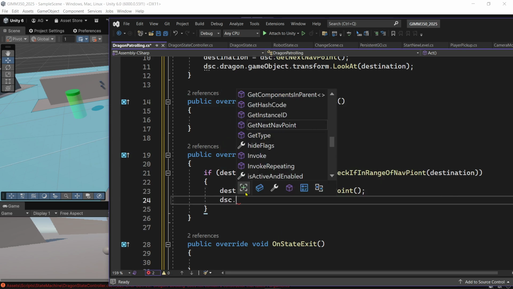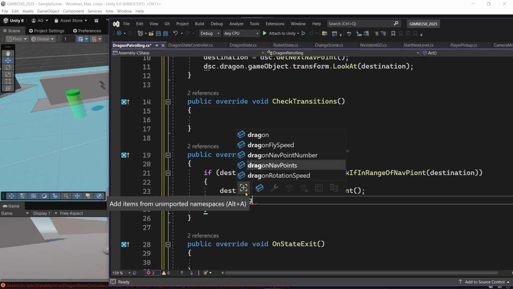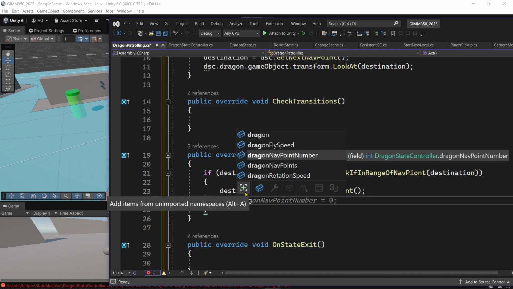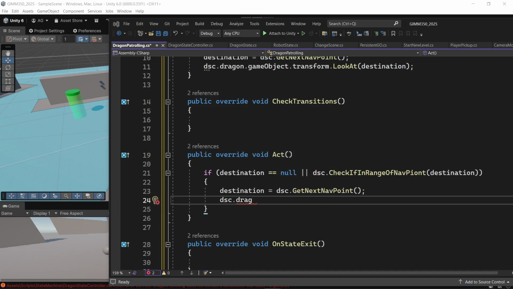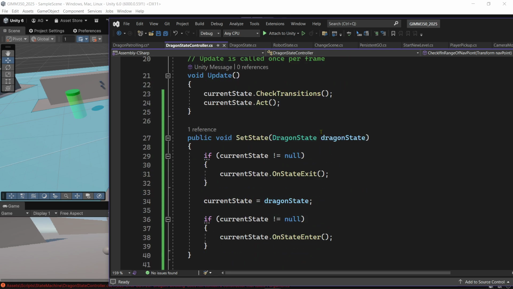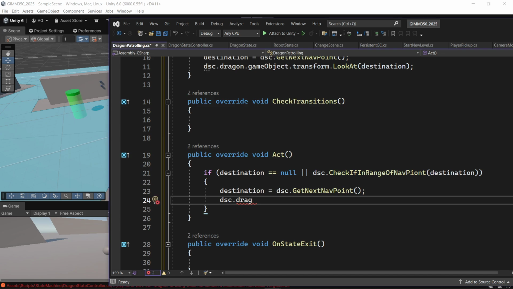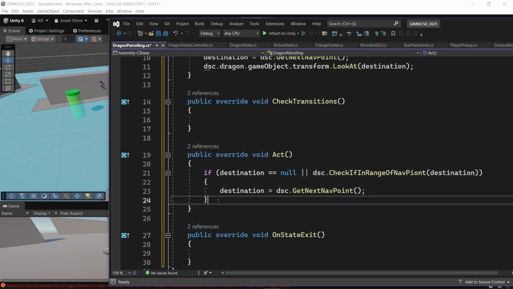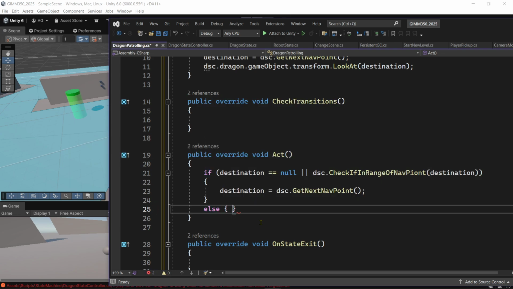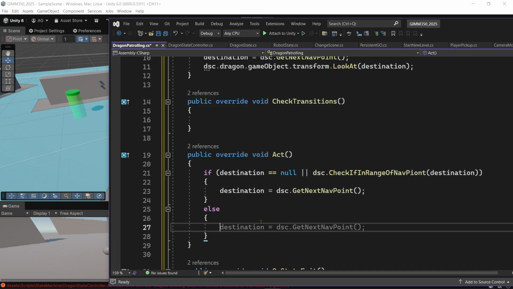And we're going to do DSC dragon nav point count. Let's see. Do we need a counter? I didn't think we used that over there. Let's go back. State. We don't need a counter. So if that's the case, we're just going to be okay with that. Find out and see what happens. Else, so if it is not null, and we're out of there,